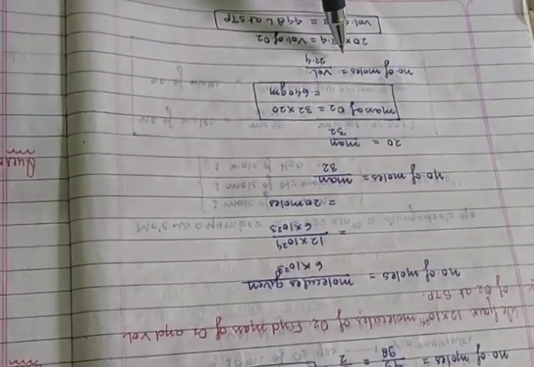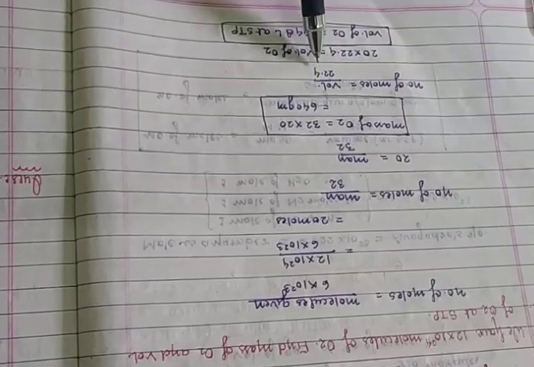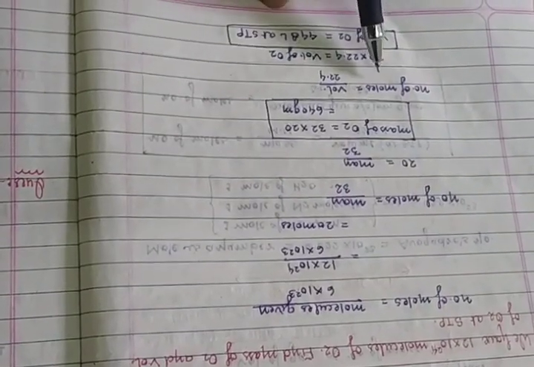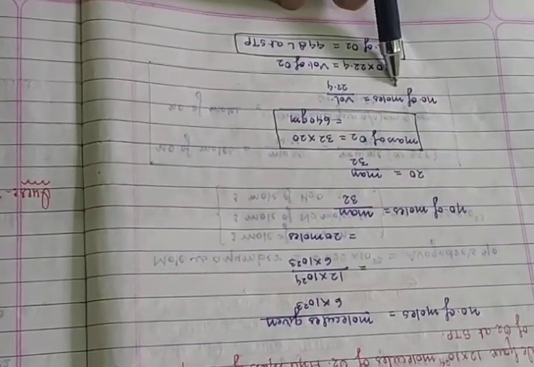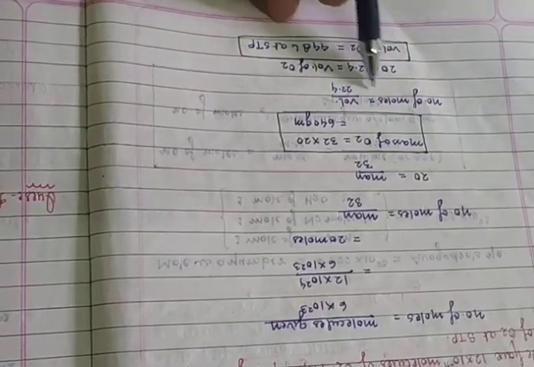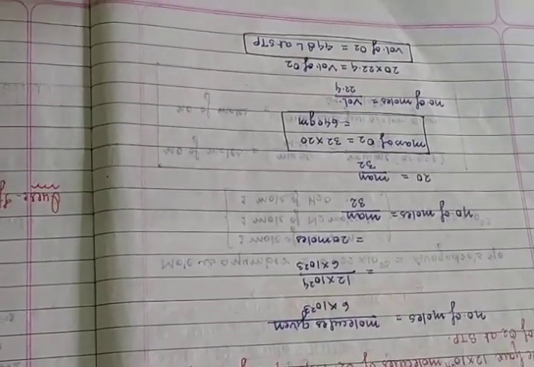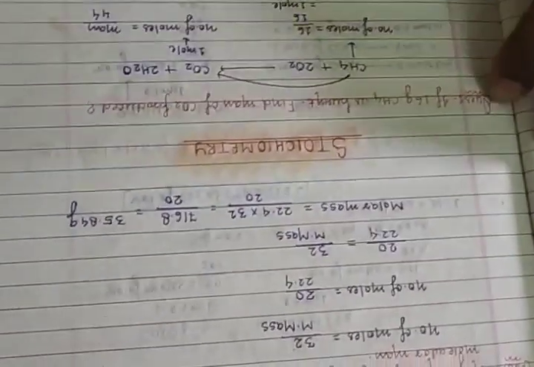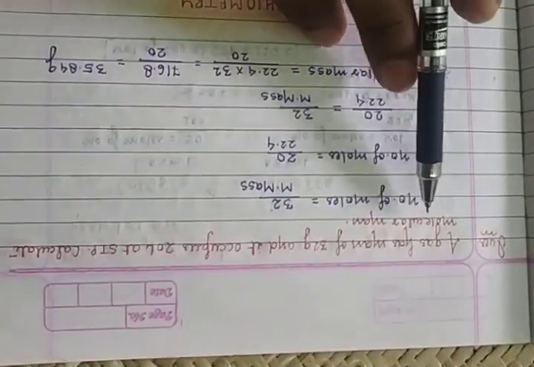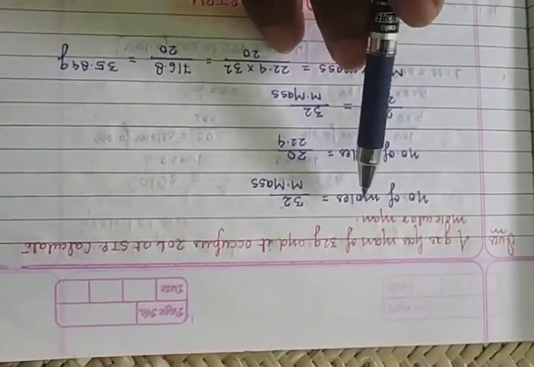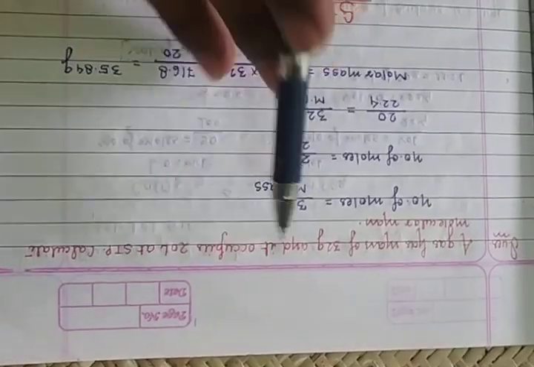Now again the third formula: number of moles is equal to volume upon 22.4. So the number of moles is given, 20, cross multiply, so there is the volume. This is a simple trick. Now again there is a question, so just note it down and solve it yourself. Okay, this is your homework.